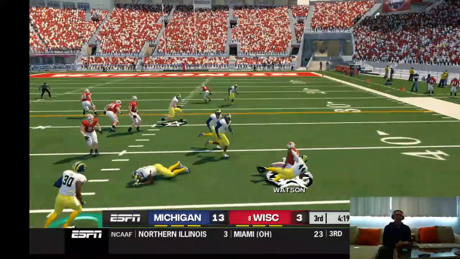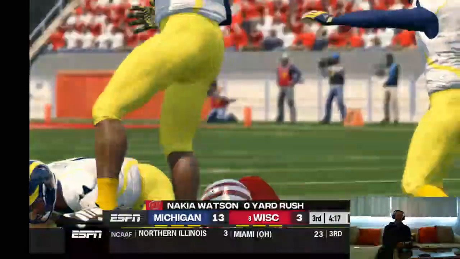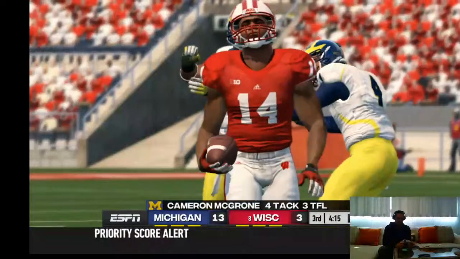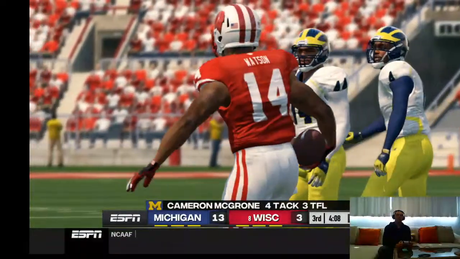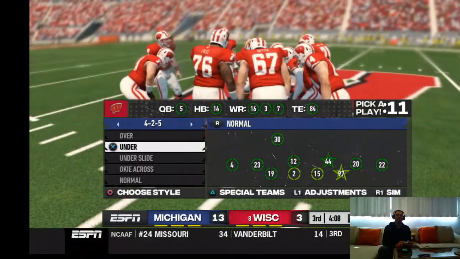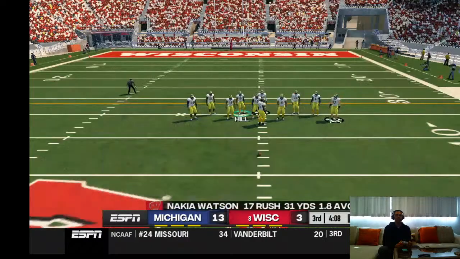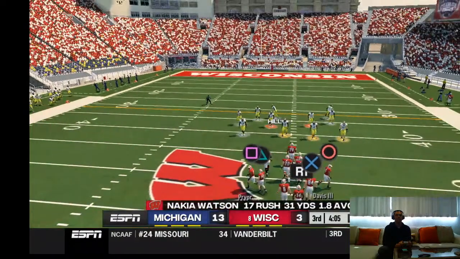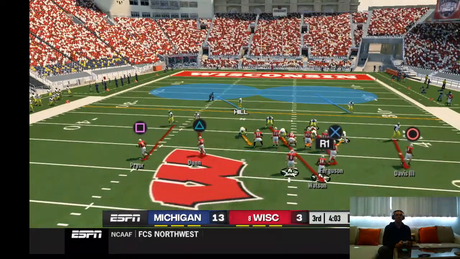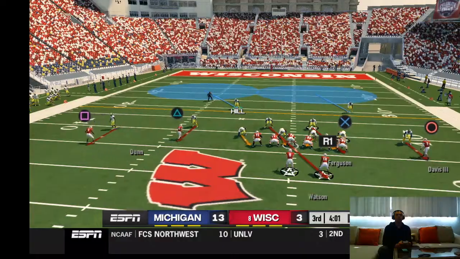Watson on the run. He tackles him for a loss. Well, this is the kind of play you want to see if you're a defensive player, because not only is it a negative play, but this can really impact and affect the emotion of the game. Just looking at the energy on the field and even on the sidelines, you can see that the defense is fired up after that play.